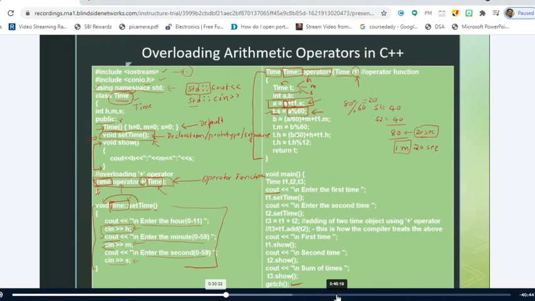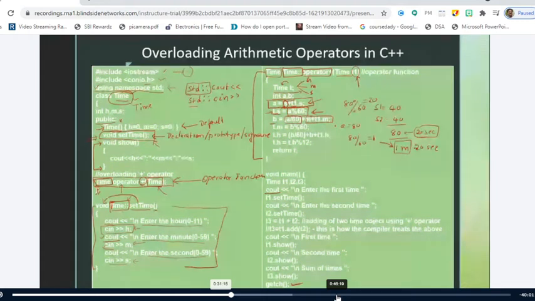Yes, sir. Now he is taking another variable b, and see what he is doing. Up to here it is clear. Whatever minutes is given, m plus t1 dot m. That means the first object's minutes is added to the second object's minutes, and for that we have to add this minute also, which we have access in the seconds. Right. So for that he is doing a by 60. What is the value of a here? We have a value as 80. So 80 by 60. What is 80 by 60? It is the question. One, sir.